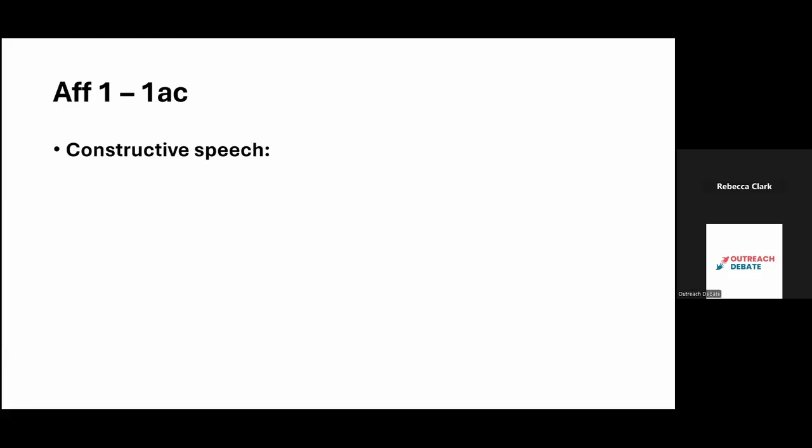This is the first speech of the round. So this first affirmative speech should be entirely prepared. It's entirely constructive. That means that you are establishing the value premise. So you'll probably say, hi, my name is blank. I'm affirming the resolution. My value for this debate round is blank. And then you should briefly define it. If you really want to, you could go into more detail or less detail, really depending on what the value is. And then you'll obviously read your value criterion.